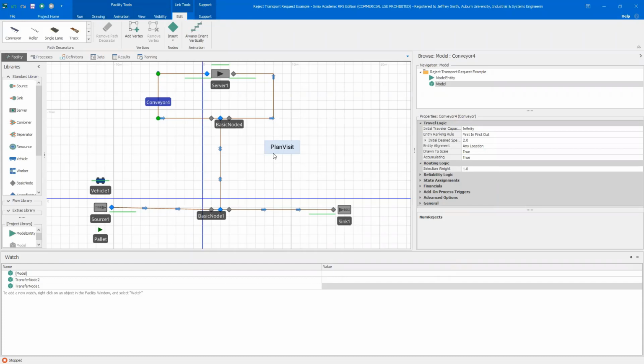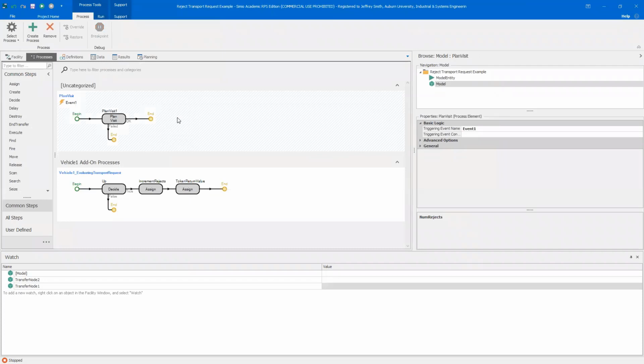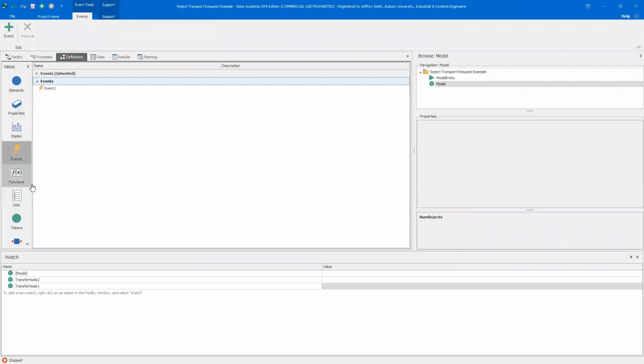Can I have that event happen every 5 seconds? How would I do that? If you want this plan visit to happen every 5 seconds, yes, you could just trigger it with a timer, right? So I could go here and say, let's create